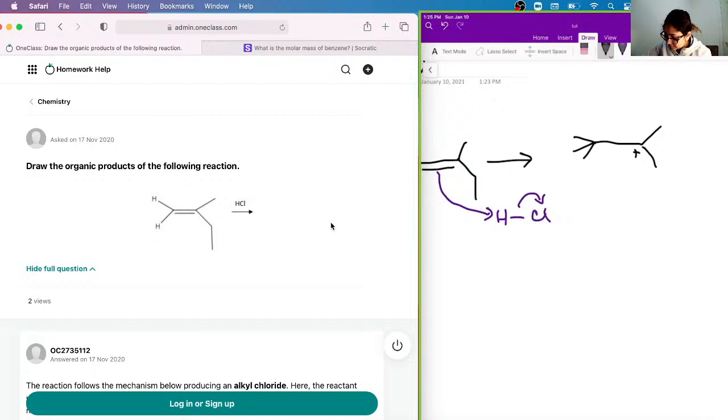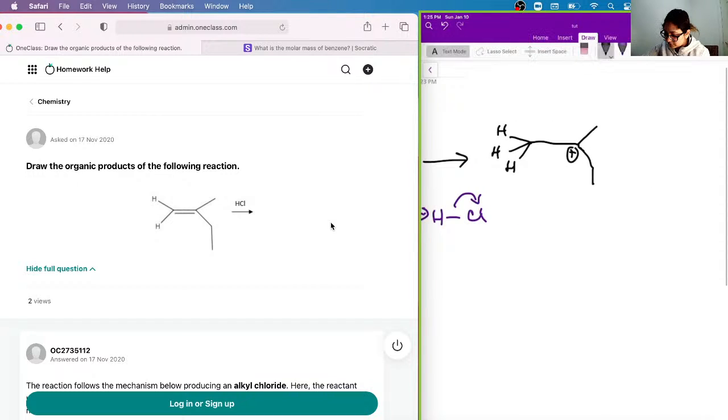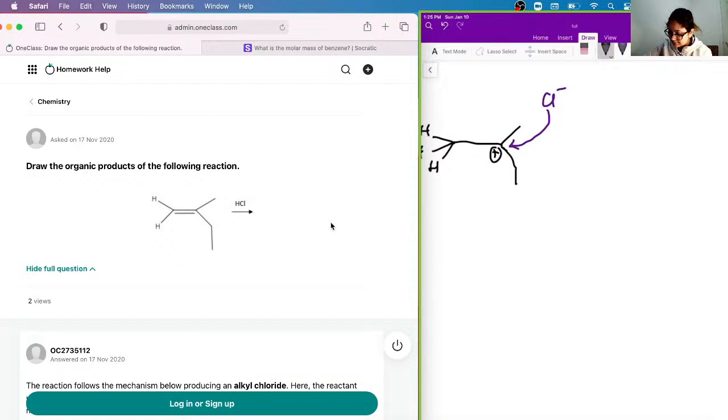This is a plus, right, since you just broke off the double bond, and you have in this case 3 hydrogens over here. And remember how the chlorine got off, so you have a chloride ion right here, negative, and so this will attack right here. And so lastly, your product over here would be